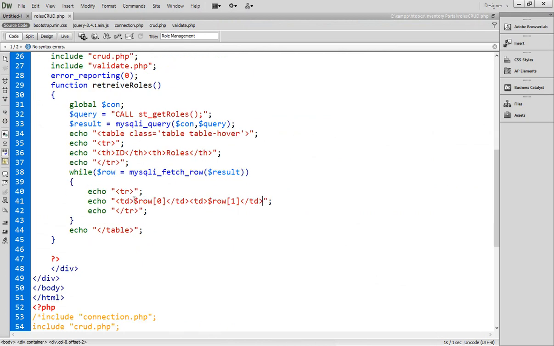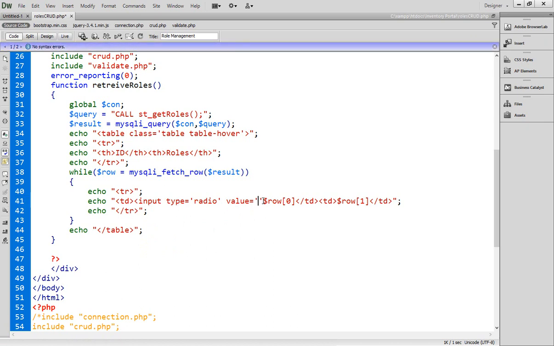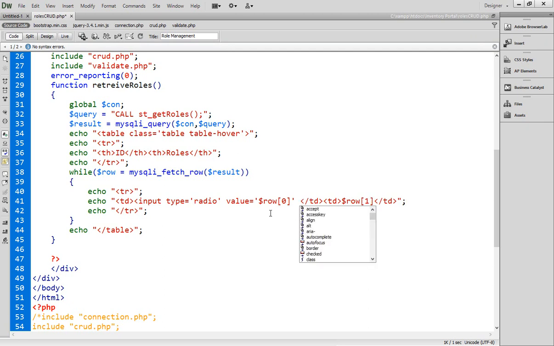Now I wanted to convert this ID. I am not going to show this ID, but instead I'll use here input type equals to single quotes radio, and value of this will be this row. I am passing my ID of every role to this radio button. Okay, and now the name of this radio button should be name,